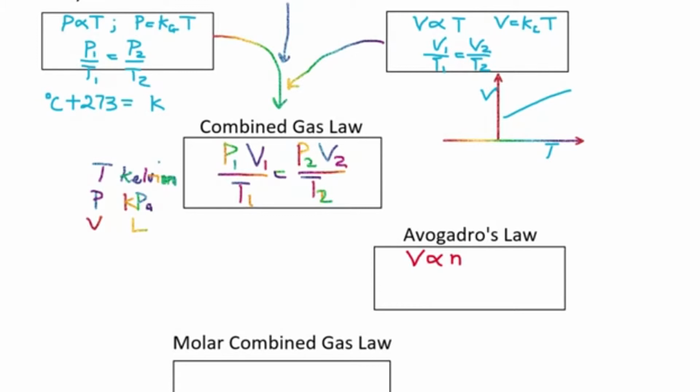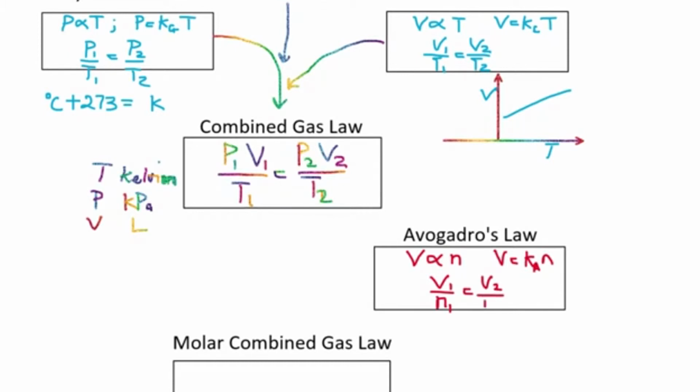If you add more particles, that increases the volume of that balloon at constant conditions, like constant pressure, constant temperature. Once we're able to do that, we get our constant, which is k, I will say a, with respect to the number of moles, and then a frequent formula you will see is V1 over n1 equals V2 over n2,